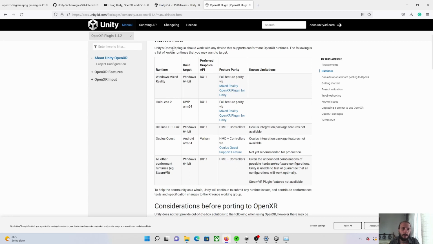Another thing that I want to show you is the documentation of Unity about OpenXR. And you notice that it lists the platforms it is compatible with. And notice that it says that in Oculus PC plus Link, the Oculus integration features are not available. And on Quest, apart from that, it also says not yet recommended for production. So this is quite interesting,